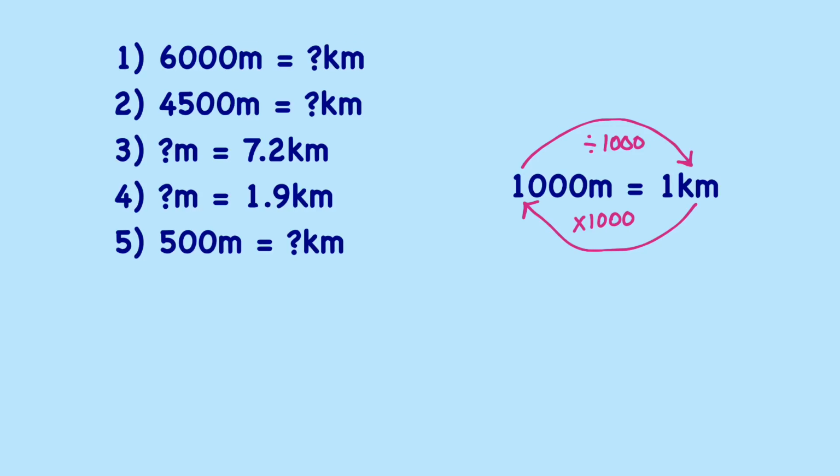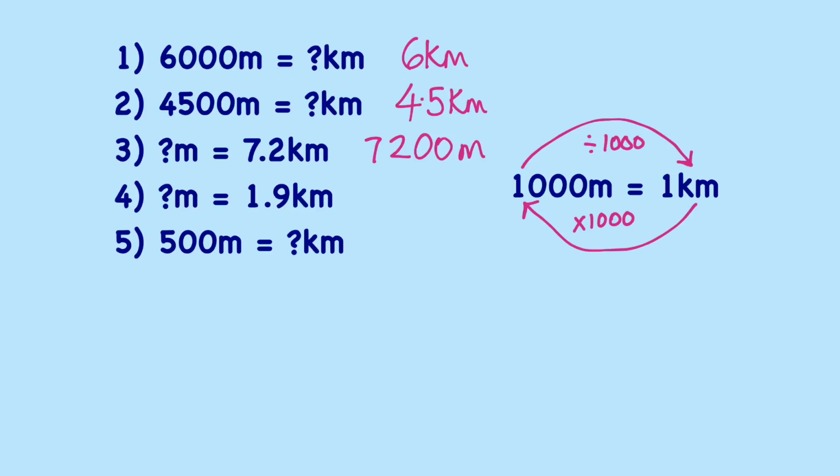How did you do? Let's go through the answers. Question number 1, 6,000 metres, that's going to be 6 kilometres. Number 2, 4,500 metres. Okay, so 4,500 divided by 1,000, that's going to give us 4.5 kilometres. Question number 3, how many metres is equal to 7.2 kilometres? So we've got a decimal here, so we've got kilometres and we want to turn it into metres, so I know I need to times by 1,000. So my answer is going to be